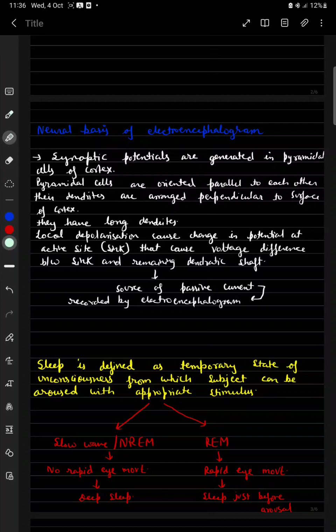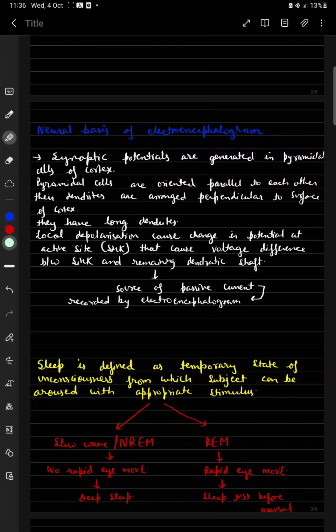Now, what is the neural basis of electroencephalogram? The synaptic potentials are generated in pyramidal cells of cortex. When sleep mechanism occurs, then the synaptic potentials are generated in the pyramidal cells that are present in the cortex. Pyramidal cells have very long dendrites. Pyramidal cells are oriented parallel to each other. These are present in bundles parallel to each other, but the dendrites of pyramidal cells are arranged perpendicular to the